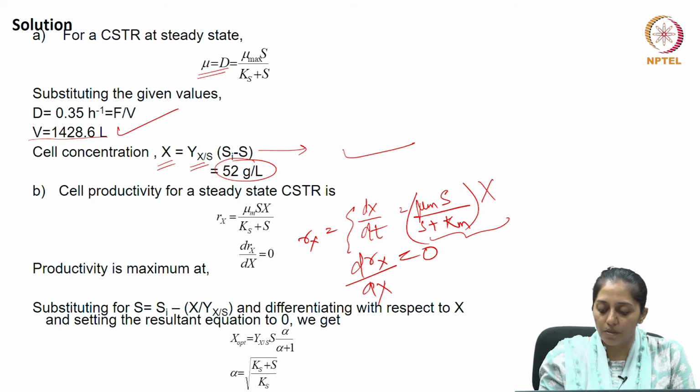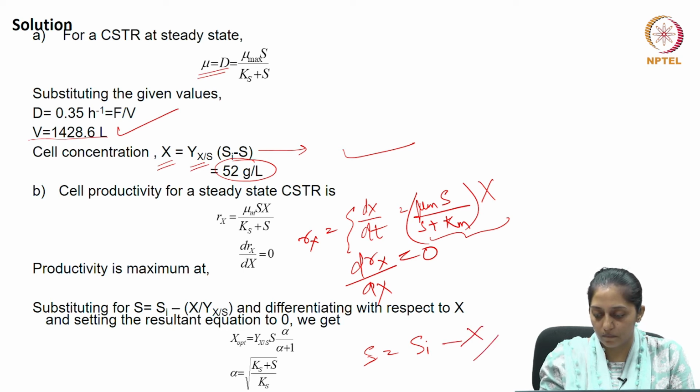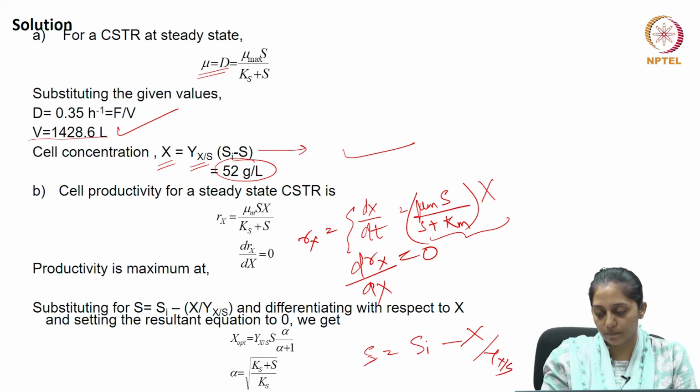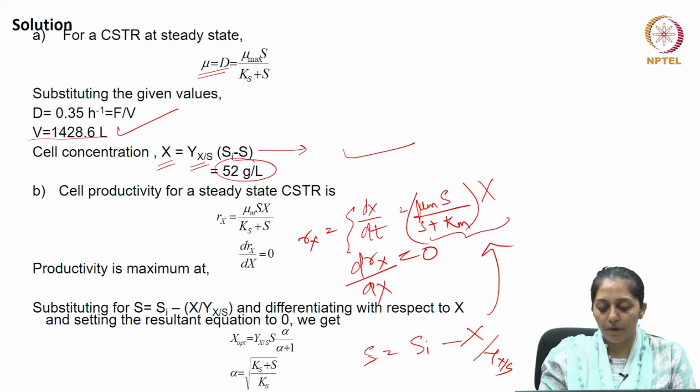So, we use another correlation using the yield coefficient to substitute S in terms of X. So, if we substitute this here, then we differentiate it and find the value of X optimum,